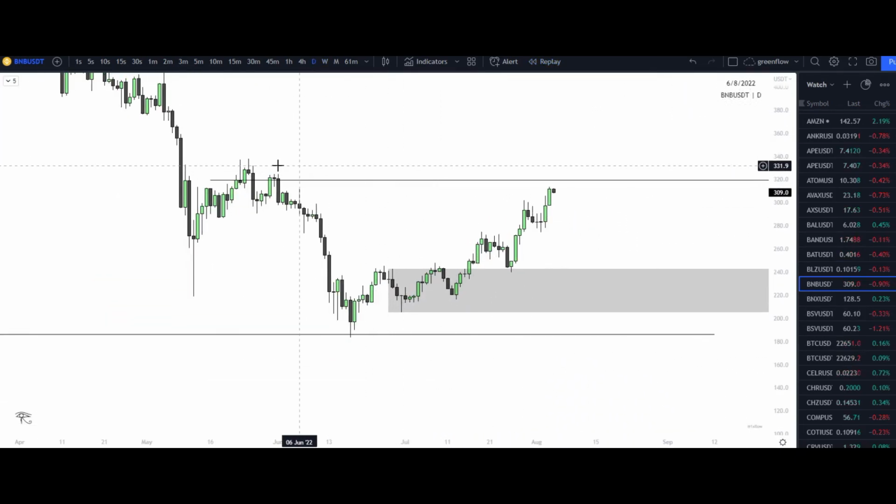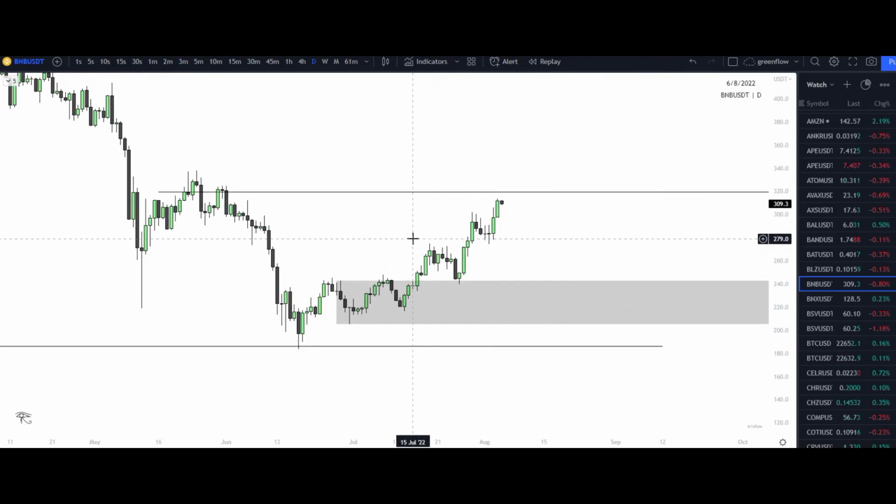Looking at the daily, we can see this high caused this low right here. We could possibly see lower prices, but we got a break of structure to the upside right here. Higher lows are being formed. Another break right here. This is where our next range was created. We got a liquidity raid to the downside here. Another break to the upside here. We have an imbalance within this candle as well.